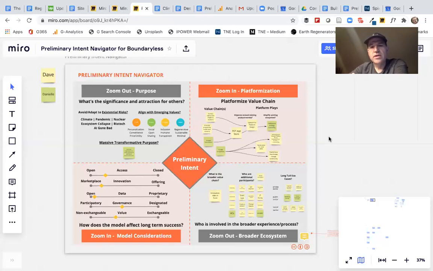Based on our knowledge of mindsets and how they progress as people develop, we wanted to see if we could broaden that exercise around the power of ecosystems and platforms to do more meaningful things. This zooming in and out is what's embodied in the tool we're going to show you today.